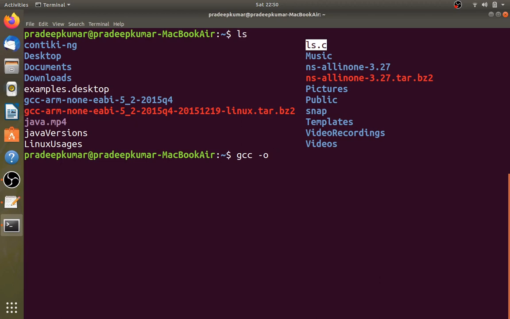Then after -o, what file do you want to link with? I want to link with the file called ls. The source file is ls.c. Please see the command: gcc -o is for object linking and compiling. To which file do you want to link? I want to use ls. What is the source file? ls.c. Now when you run it,